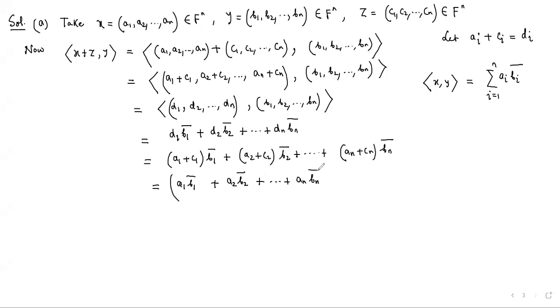We can take them together because the scalars are commutative. Then c1 b1 bar, c2 b2 bar, cn bn bar, and because they are commutative, it is nothing but summation i goes from 1 to n